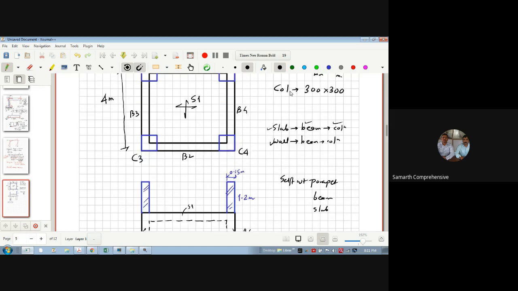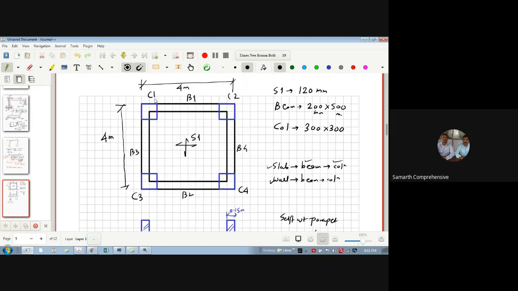If I am interested in calculating the load on column C1, as there are 4 columns, it will be shared among 4 columns. Yes or no? Yes, sir. Correct. As it is symmetric, generally for the approximate method I am calculating like this. So a quarter, 1/4 of this load will go into column 1, then 1/4 into column 2. So I can say if I divide this building in 4 parts,